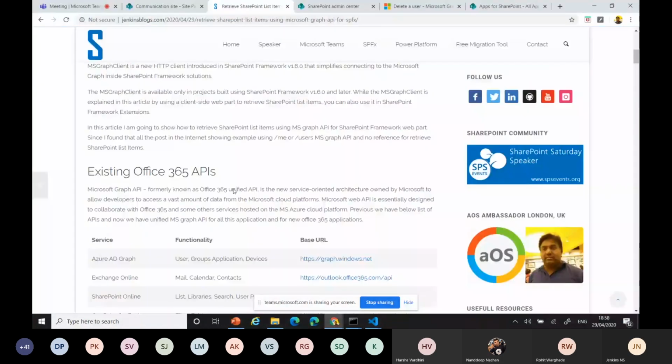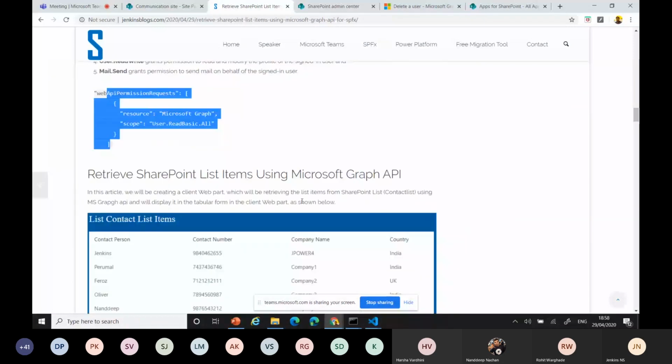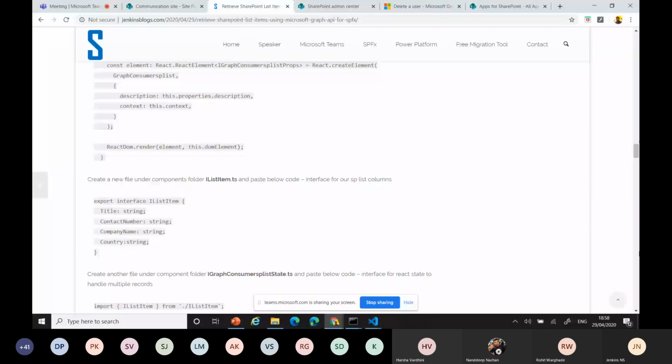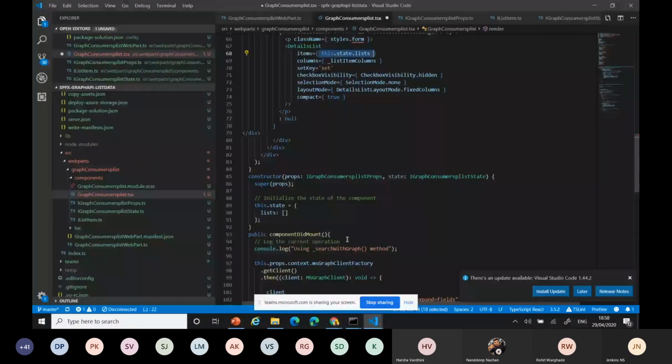You can read all the steps, what we can understand, how to use the permissions, and how to develop the same application. Line by line, I explained. You can follow these and do the same thing, and you can build your applications.